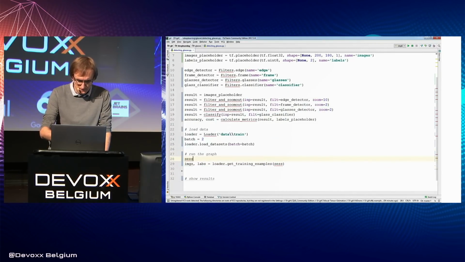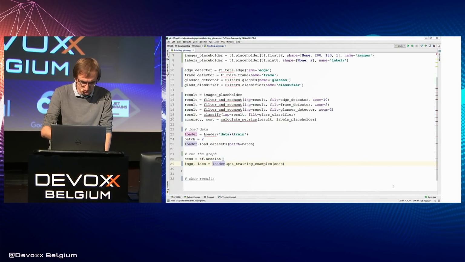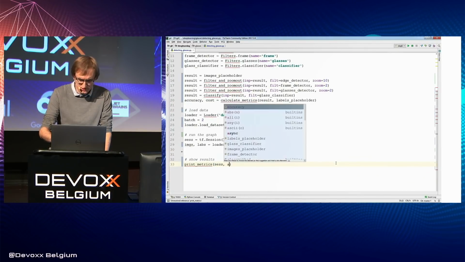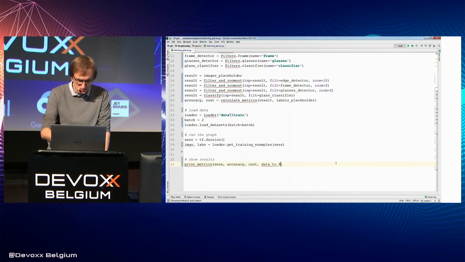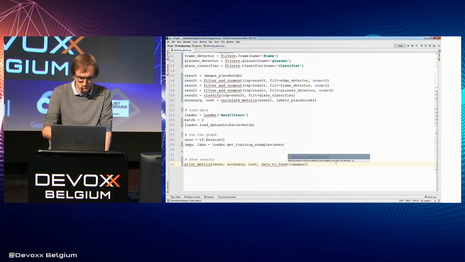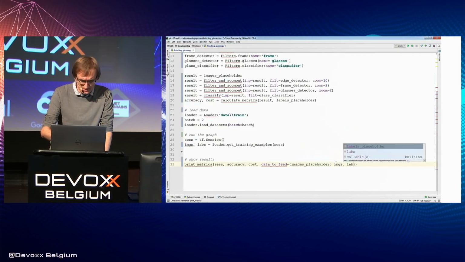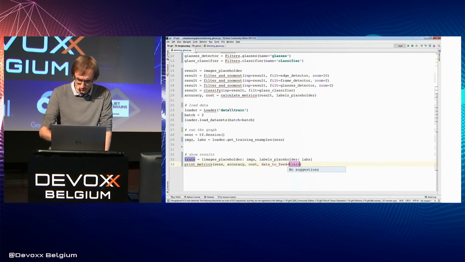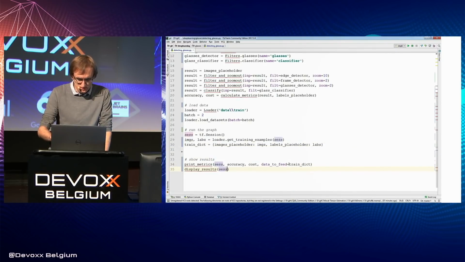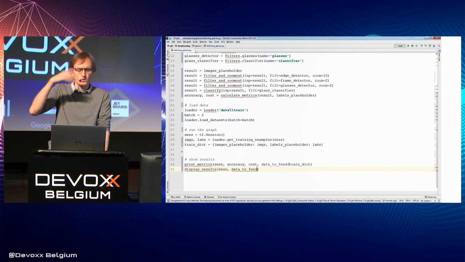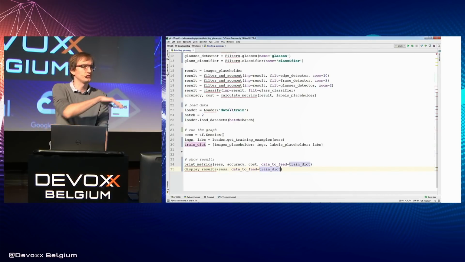Let's create it, and finally, okay, we would like to display the results soon of running our session on our loaded data, which we put in place of the placeholders. And with the same data, first we will just print the metrics, as you can see, and then also display some visual results. And okay, now we would need about an hour or so to implement all that stuff. There's a lot of custom-made functions, as you can see, not implemented.